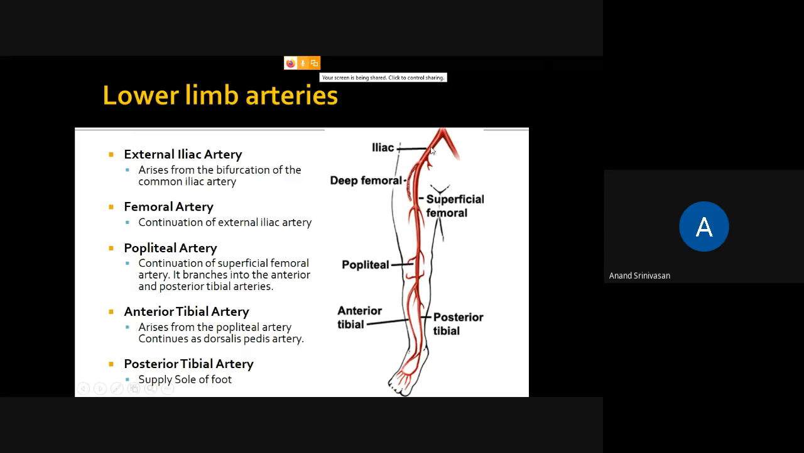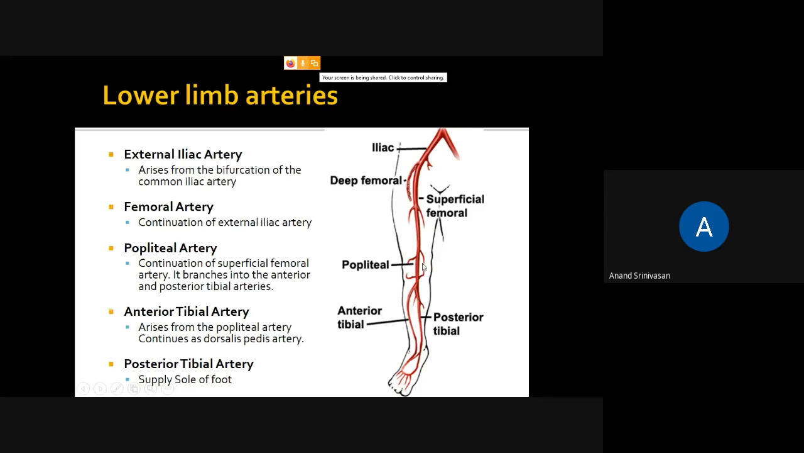The external iliac artery continues in the lower limb. In the thigh, this artery is called the femoral artery. So the external iliac artery which continues in the thigh is called the femoral artery. Near the knee joint,